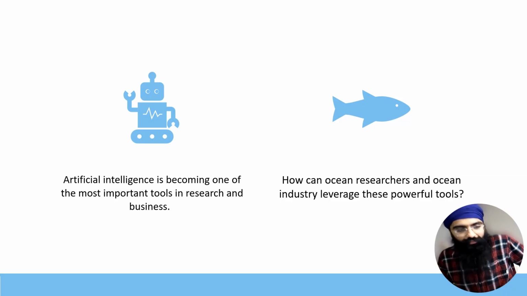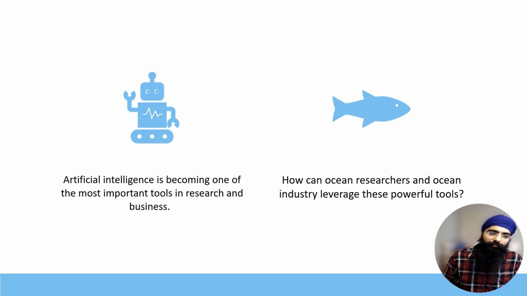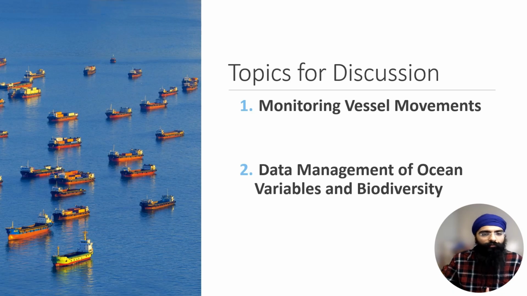So the challenge is that there is a heterogeneous amount of data generated from different sources. How AI can be the most important tool, because right now AI is in every sector, and how researchers can leverage this tool to extract patterns from the existing data. So I'm going to discuss two problems today which I have been working on for the past couple of years, since I have been working with vessel data as well as ocean properties data. I'm going to discuss both in sequence.